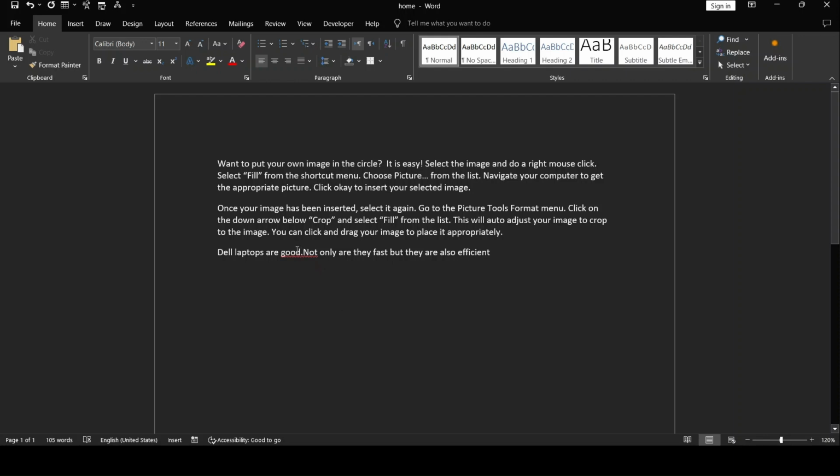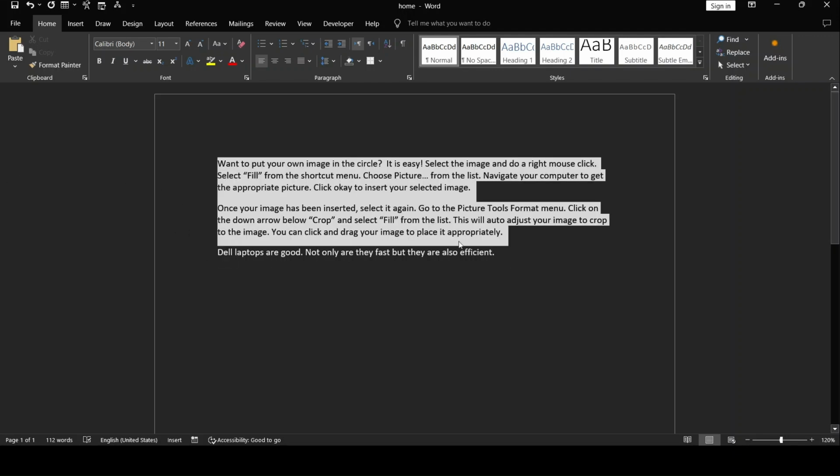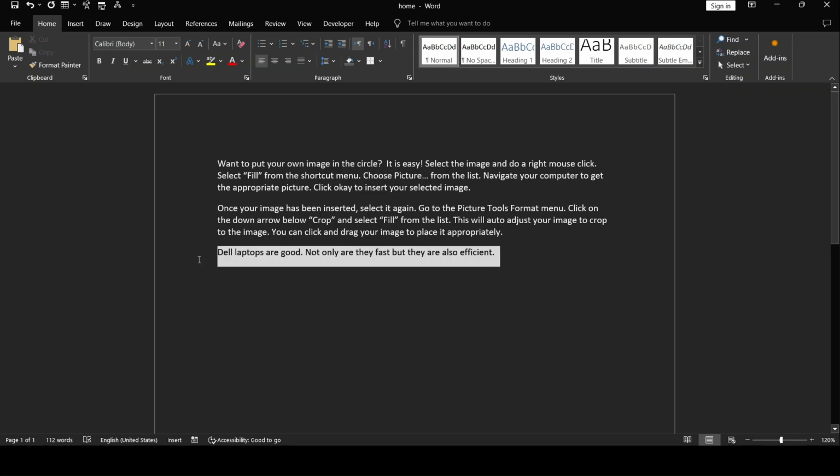I've typed a small text about Dell and saying how they are. Dell laptops are good, and not only are they fast, but are also efficient. So with that, I'll show you how to copy paste. You can highlight the Dell text like that. Come here, say copy,